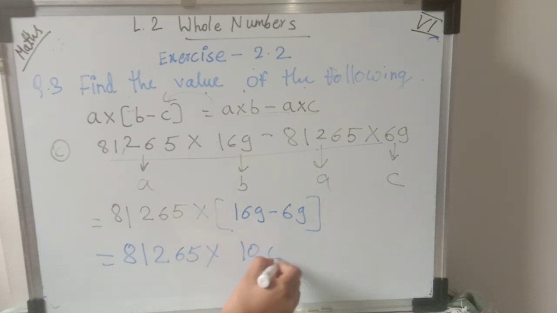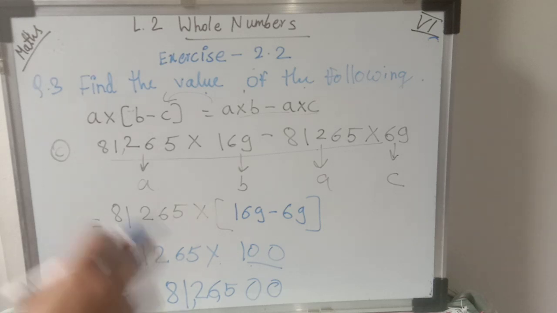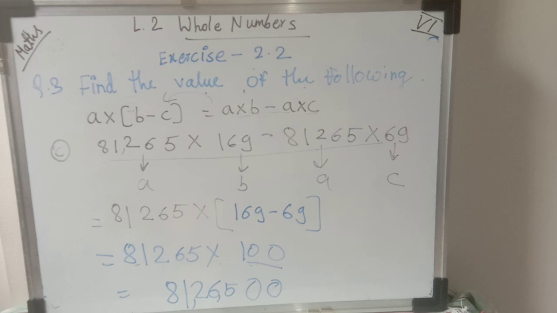That is 100 only. Okay, so here also it is very simple. How many zeros are there? Put the zeros. 2 zeros are there. Here I have written zeros, and multiplying all the numbers with 1, we get the same number, 81,000. So 265, and put the comma here. So we got the answer 81,26,500.